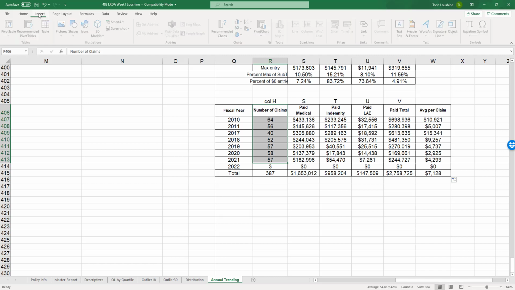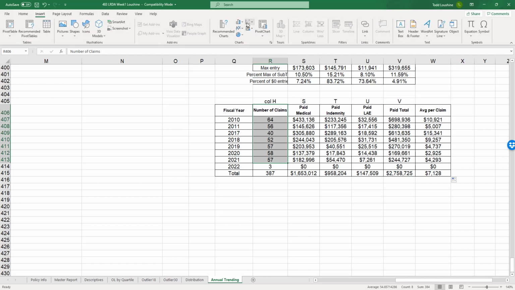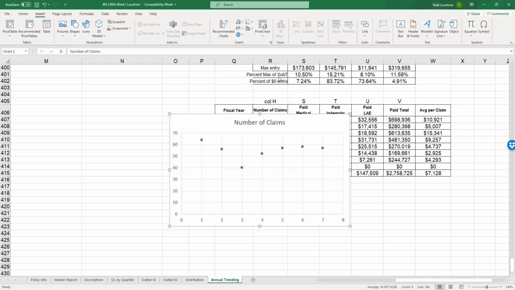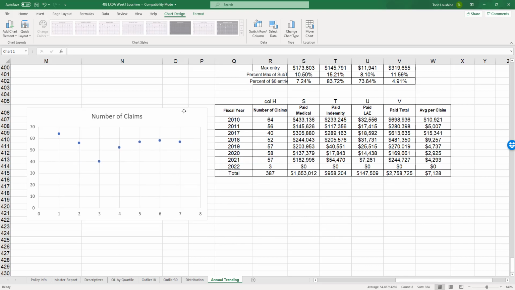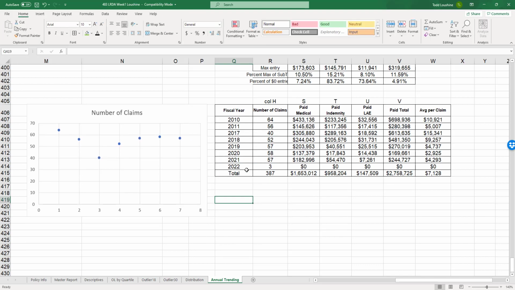Then I go up to insert. I go to scatter plot. Under charts, it's the one that looks like there's dots all over the place. It's called insert data plot. Click on that. Just pick the first dots. And now what I need to do, and this is important, I need to add the x-axis, which is the